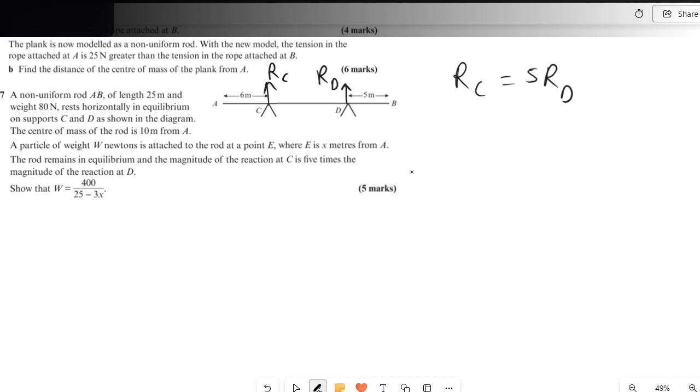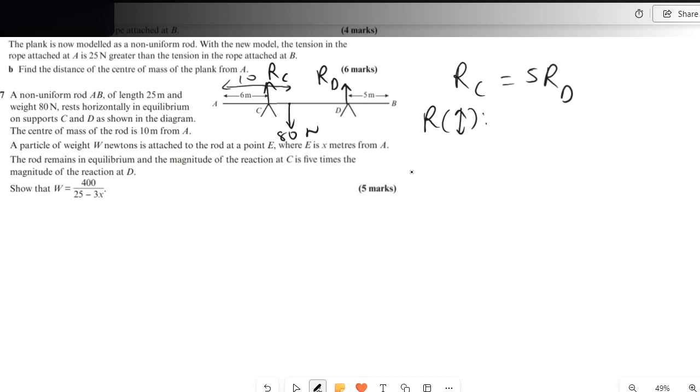Therefore we can mathematically make an equation saying RC is equal to 5RD. Therefore we can resolve vertically, and because the weight is going to be nearby C, as the reaction force is much greater, this is going to be 80 newtons, and it's given that the center of mass of the rod is 10 meters away from A, so this is going to be 10 meters,